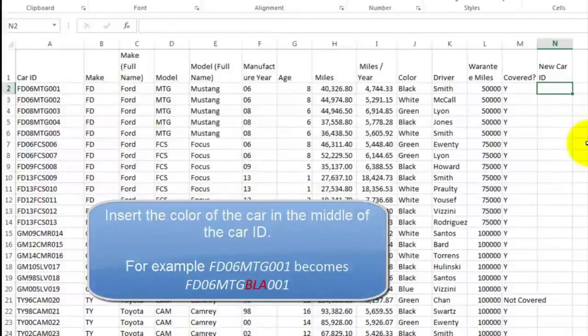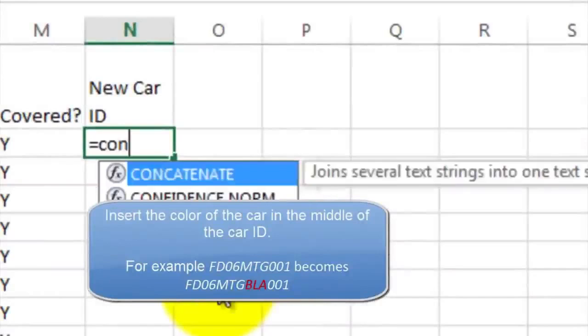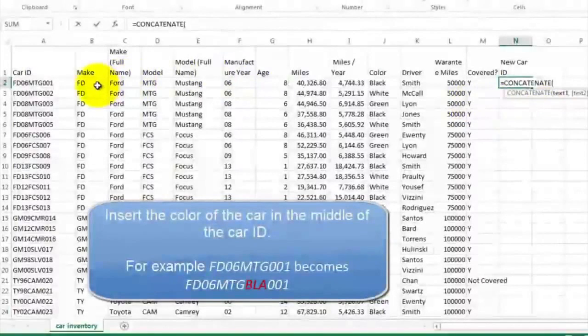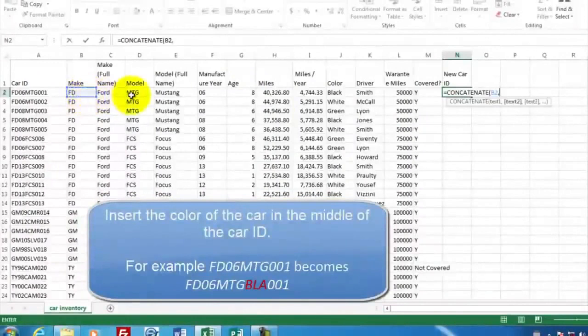Let's do it. How do we combine fields? The formula you're looking for is called concatenate, C-O-N, and then you'll see concatenate shows up here. If I double click it, the format that you're supposed to fill in simply says text 1, text 2, etc. So we're going to concatenate a bunch of fields. We want to put, first of all, continue using FD, comma, and then we want to have the manufacturer's year. That comes, as you can see, second in the list. And then we want to continue on with the model,